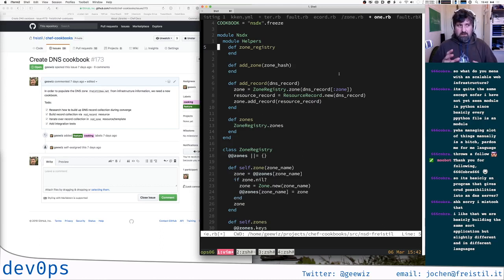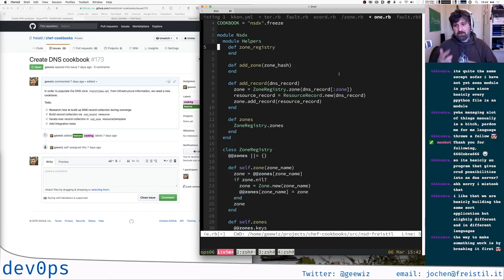I had quite a bunch of circular dependencies. Okay, in order for this to work, I need to have it work here, but this won't work until I've solved the other problem. And so I was that close to say, okay,